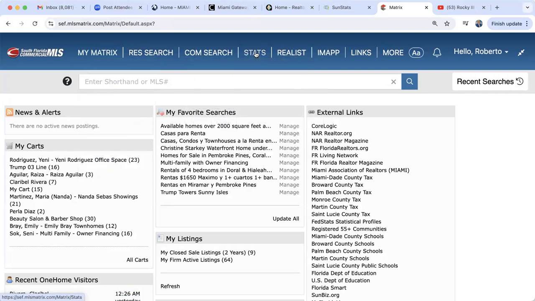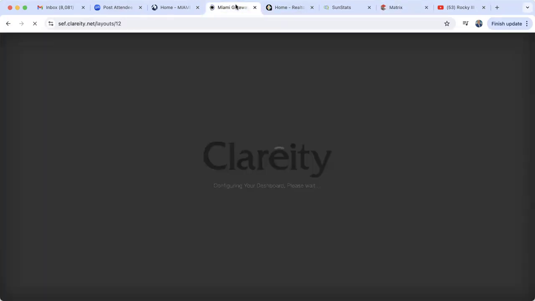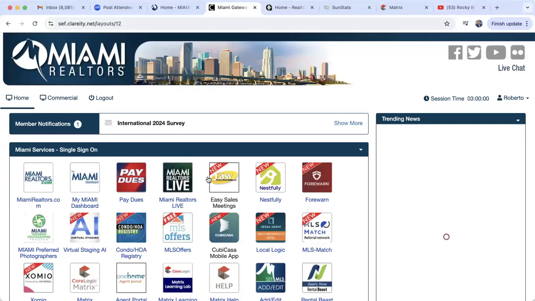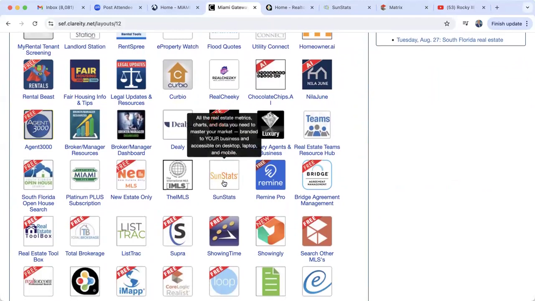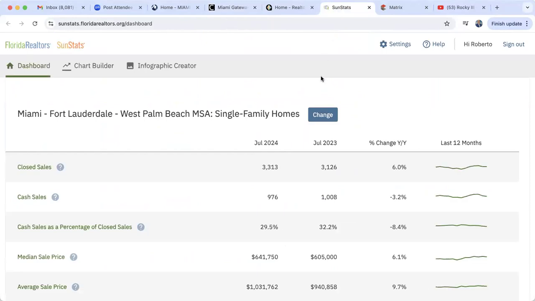Now, I want to show you a cool little tool that we have all available to us called SunStats. Inside of your Miami Gateway, you are going to look for SunStats. It's this tool right here. See it? We're going to click on SunStats, and this tool is actually a statewide statistical report. Okay? So the first thing you need to do is go here to where it says change, and